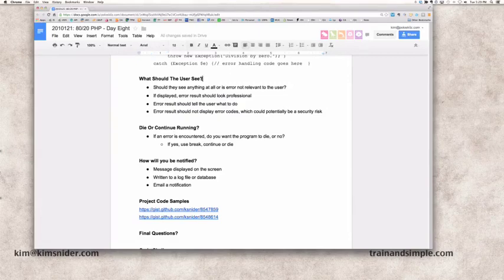What should the user see? So here are some choices. Should they see anything at all? Or is the error not relevant to them, and therefore it should just keep going? If the error is displayed, then you want the result to look professional, not like what is printed out when left to its own devices, right? I mean, at least if you professionally say something like, it's almost like a